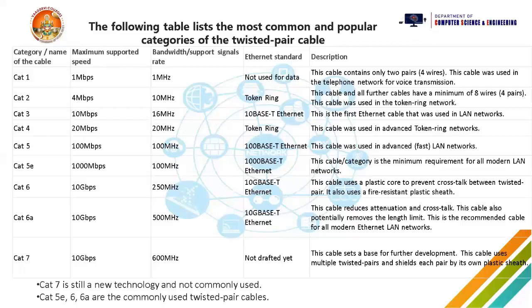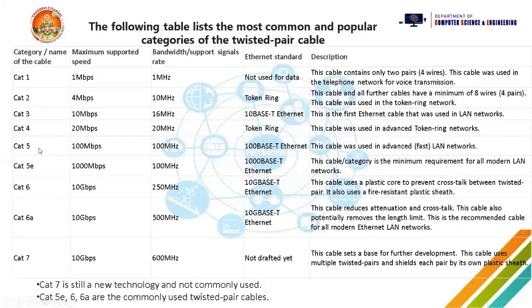Now, when we started using these cables, nothing but the twisted pair cables, initially we started with category 1, the first cable, which was supporting only 1 Mbps of speed, which we don't use anymore. Even our mobile phones, which are using data rates, are much higher than this. That's the reason these 5 cables, Cat 1, Cat 2, Category 3, Category 4, Category 5, we do not use anymore. They used to use these earlier, but we are not using them anymore.